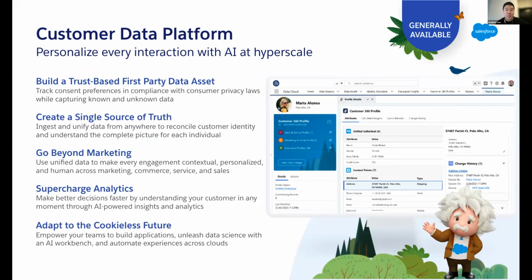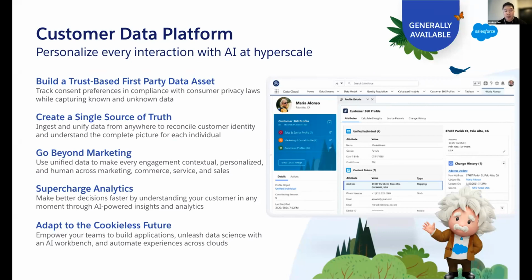So our CDP helps you put your customer at the center of everything that you do, and enhances your ability to truly know them and anticipate their needs. And I think the real value of CDP manifests across these 5 pillars that we have up on the screen here. First and foremost, building trust. CDP really ensures that preference flags and consent signals are the foundation of everything that you do in the platform when you're bringing in data from all of these different systems. And CDP really helps to make sure that you're reaching folks on the right channels, their preferred channels with their permission. And this really helps to ensure that your marketing is rooted in trust.